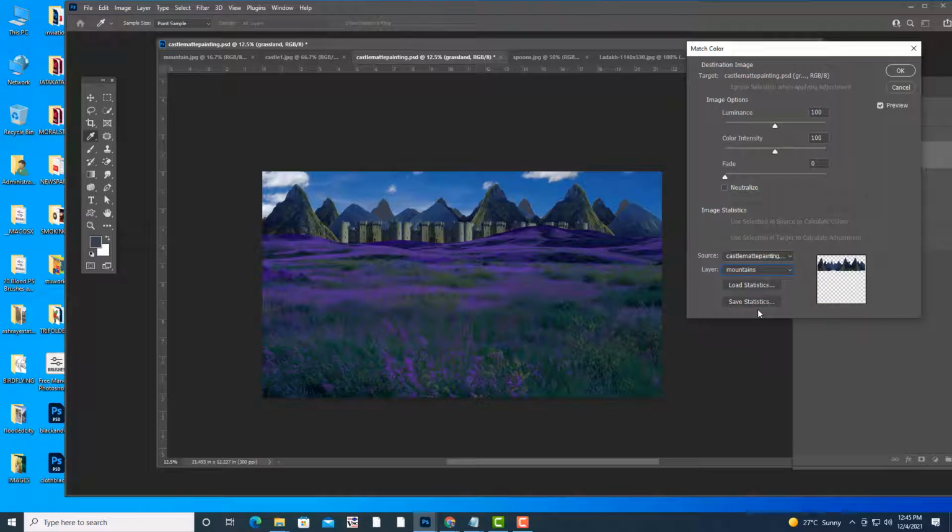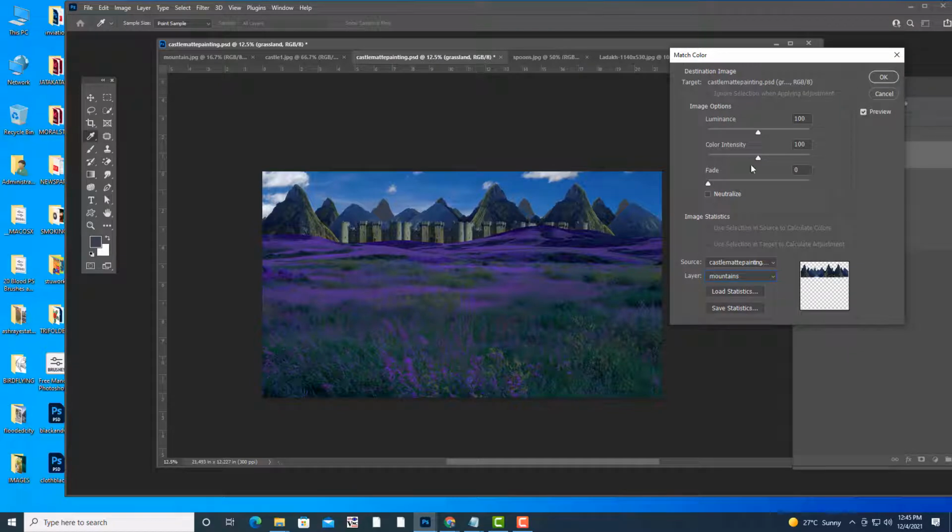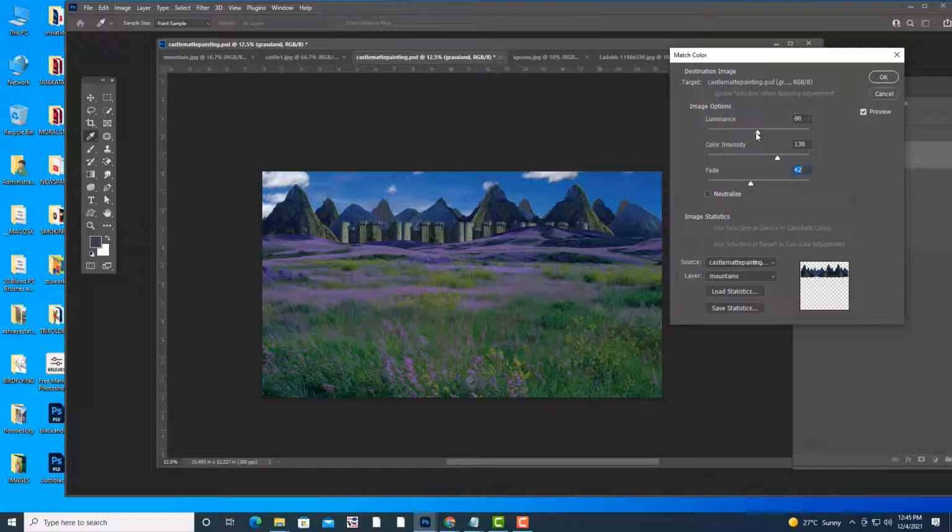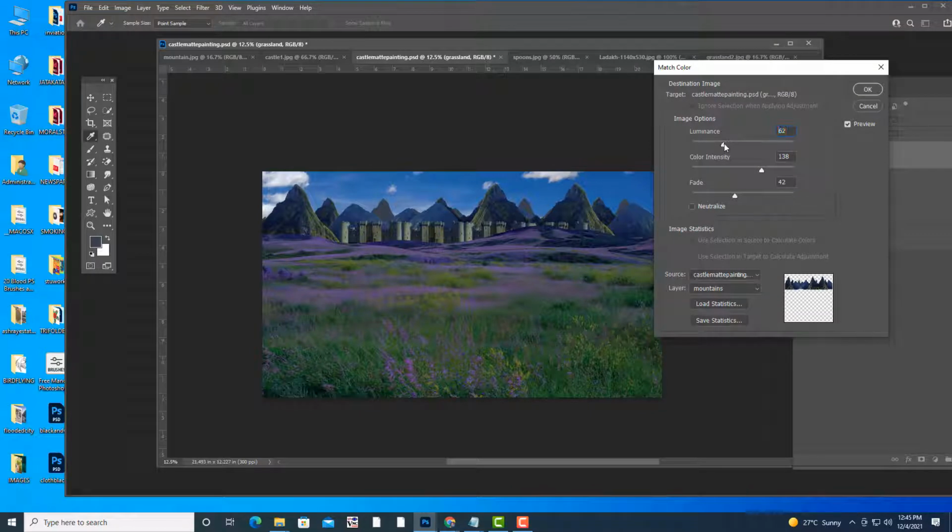See, the moment you select, it's totally in purple color. So we will reduce the effect here. And we can also try to increase the color intensity here. But we want to remove that purple color, and I will tell you how. We can make it a little bit dark also if you want, but don't make it too dark.